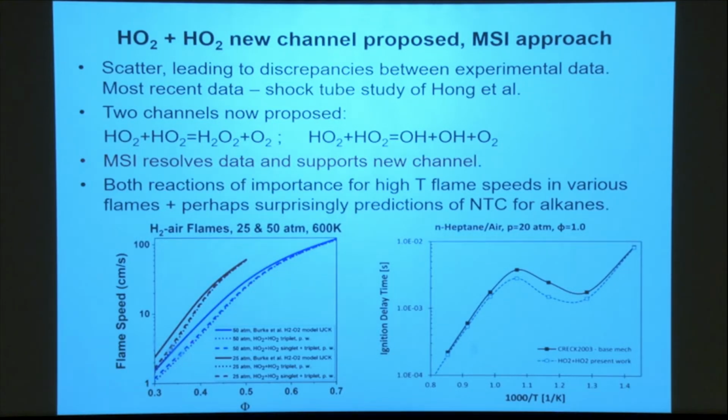Okay, so probably at stoichiometric conditions and rich conditions, this doesn't have a high importance, but when we come down to very lean conditions, then it does have an influence on the flame speed predictions. And that might be important if we want to burn hydrogen under lean conditions, for example, to avoid NOx in future hydrogen applications. And so I guess I asked at the beginning of the question, do we know the hydrogen